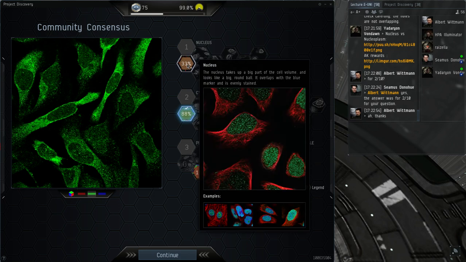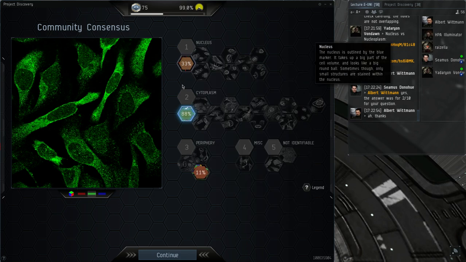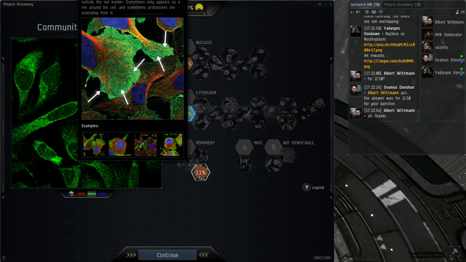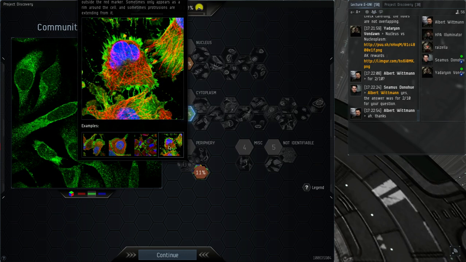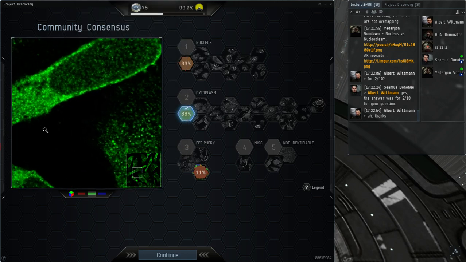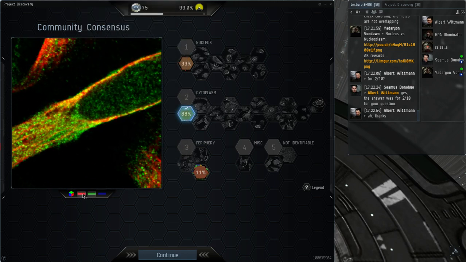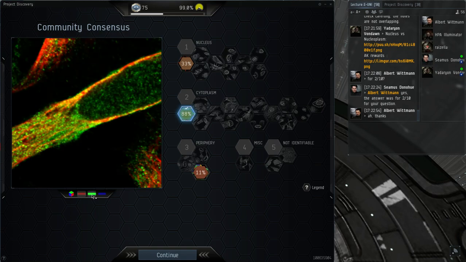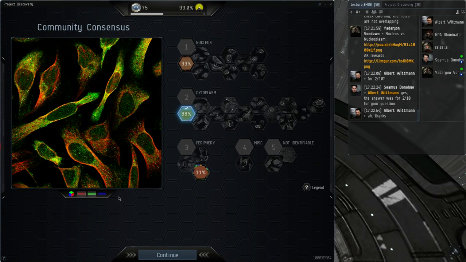Here we see that about a third thinks this is nucleus. I can understand why you would think that, but I would disagree. 88% sees that this is cytoplasm, and then we have 11% that says this is plasma membrane, which was the staining that would go a bit outside the cell. So if we zoom in, it does look a bit here that it's going outside, but it's very minor. So I think it's just the staining being a bit smudgy.